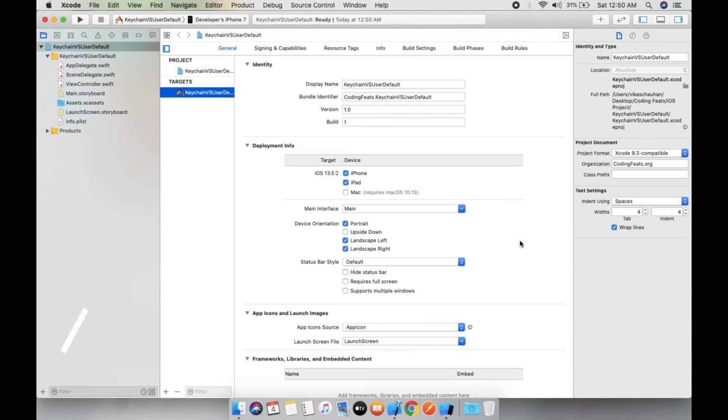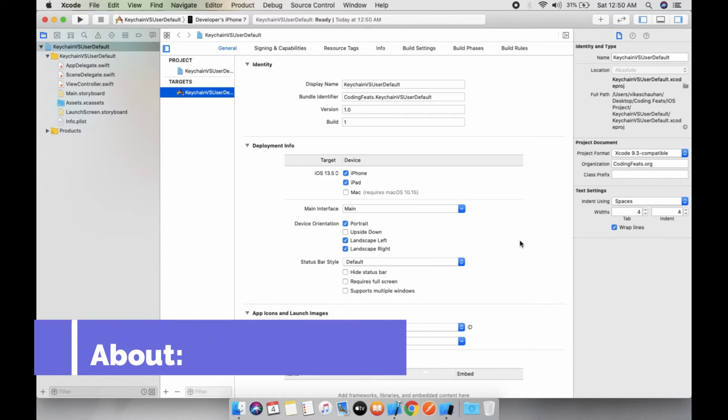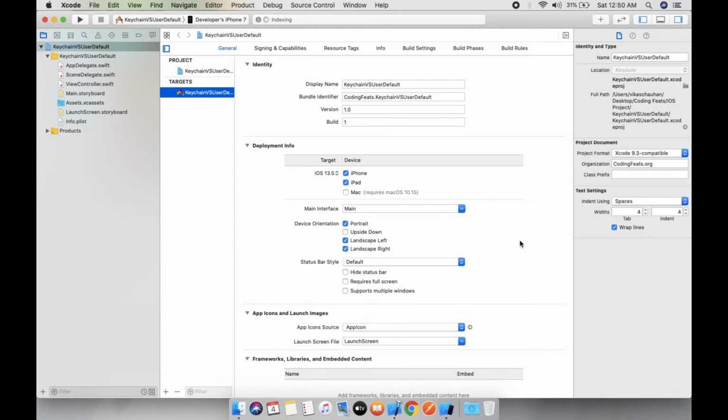So while the project is setting up, the keychain is the place where you would store sensitive data. As secure as iOS currently is, the keychain is the right place to store passwords, authentication tokens, and other sensitive data. You should not store this kind of data in user default. Even iOS has made it harder to access that data for a normal user in the latest version.